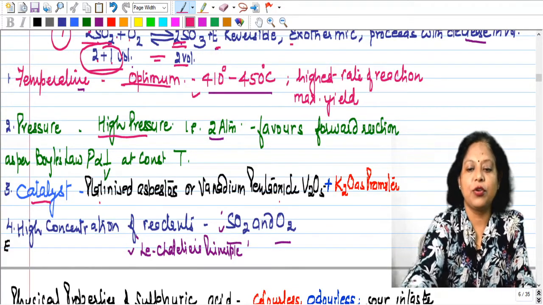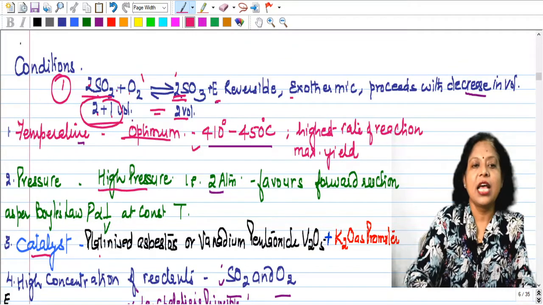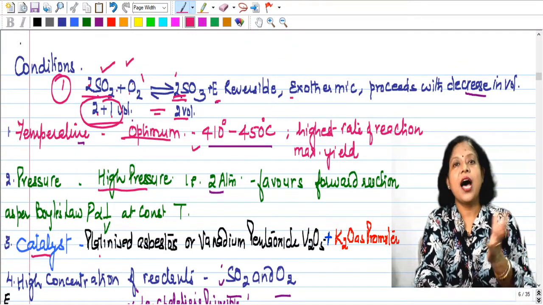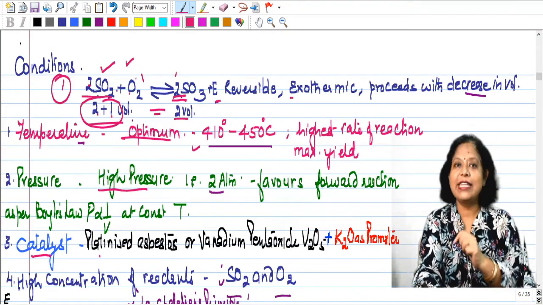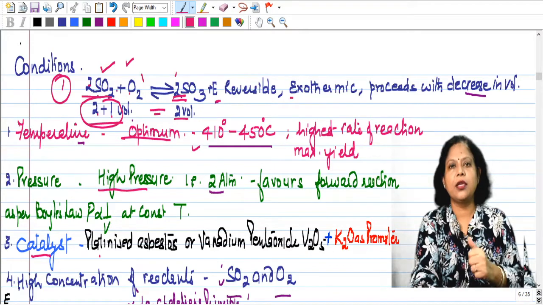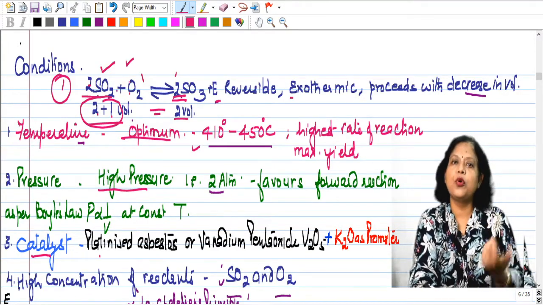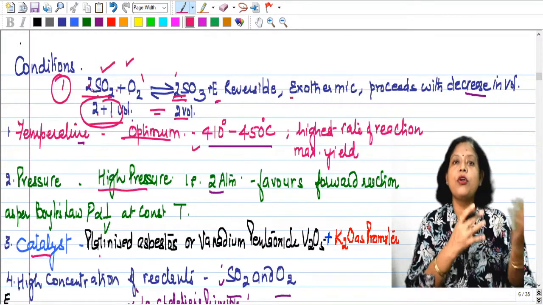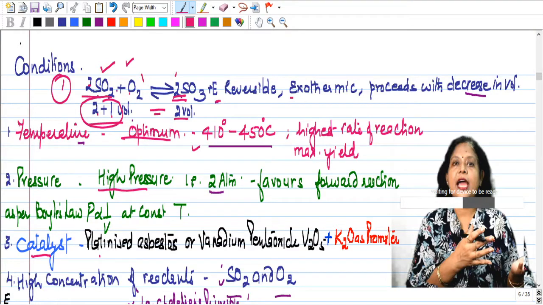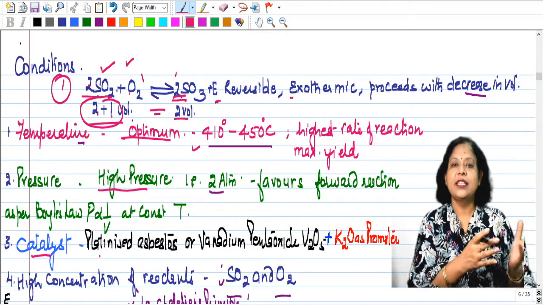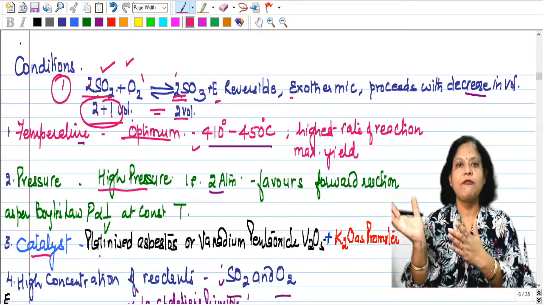And children, what you have to remember is, if there is high concentration of the reactants, there will be high product. Okay, always remember children, when you have got a lot of homework, what do you do? Your speed increases, you are working and you are trying to finish that work. Suppose you don't have homework, you are relaxed. So similarly, if there is more of reactant, the reaction will start moving in forward direction.